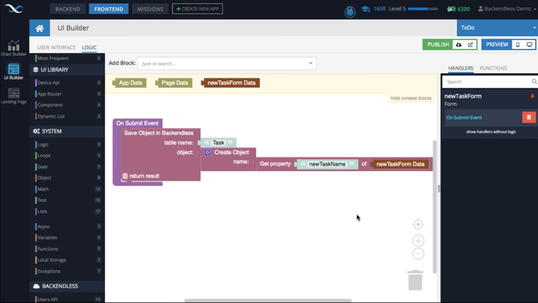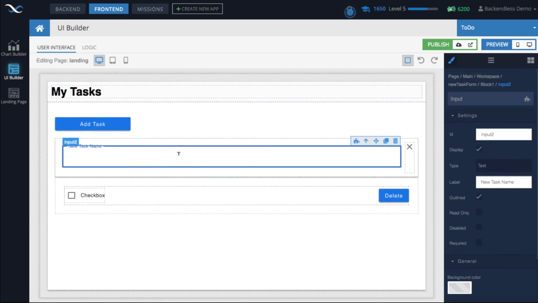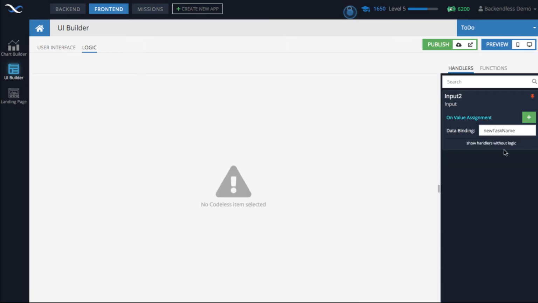Okay, so what's going on in here? Well, we got the form data. So inside of this form data, there is a value that the user typed in, and that value is available for the property new task name. Why new task name? Because we set up the data binding for our input component. If we go here, see, it says new task name.